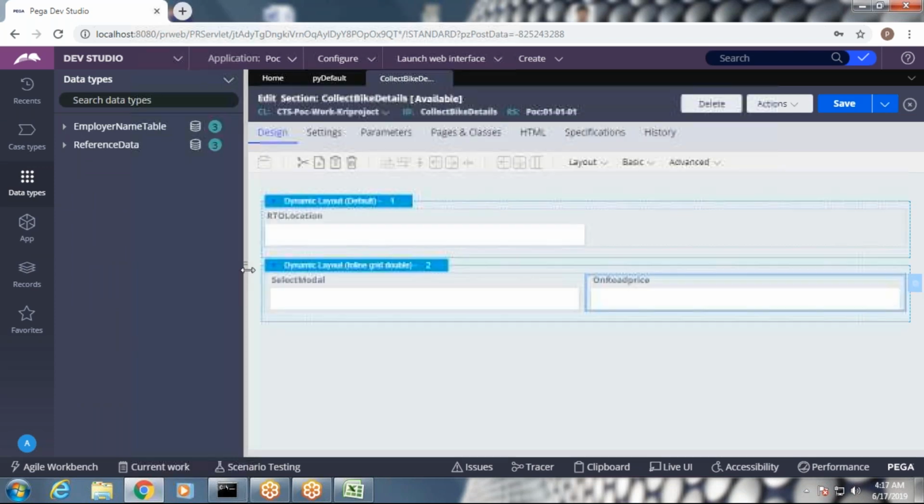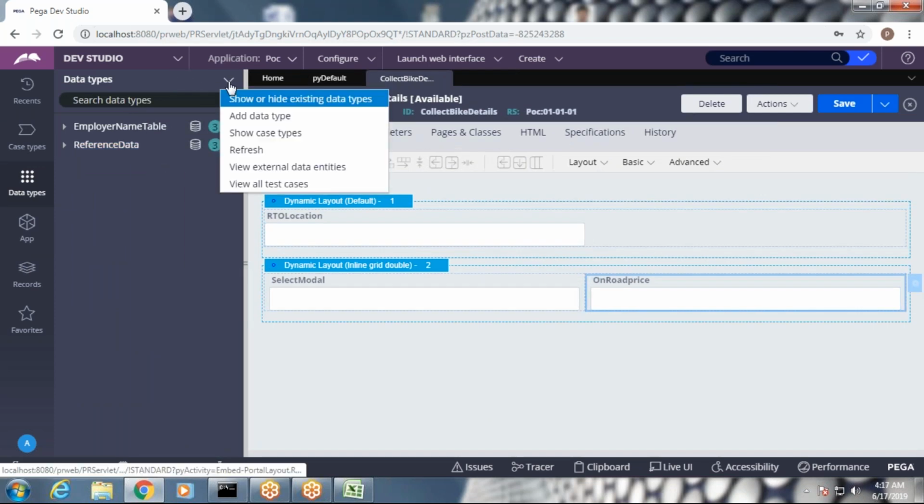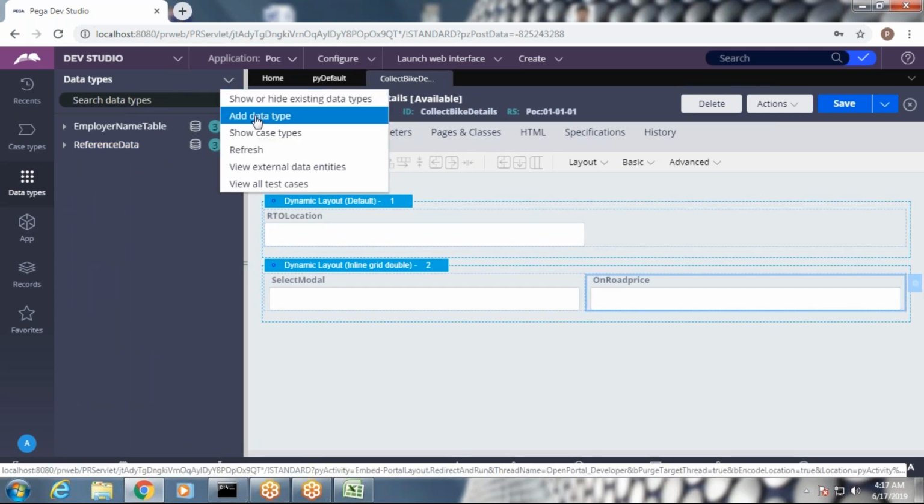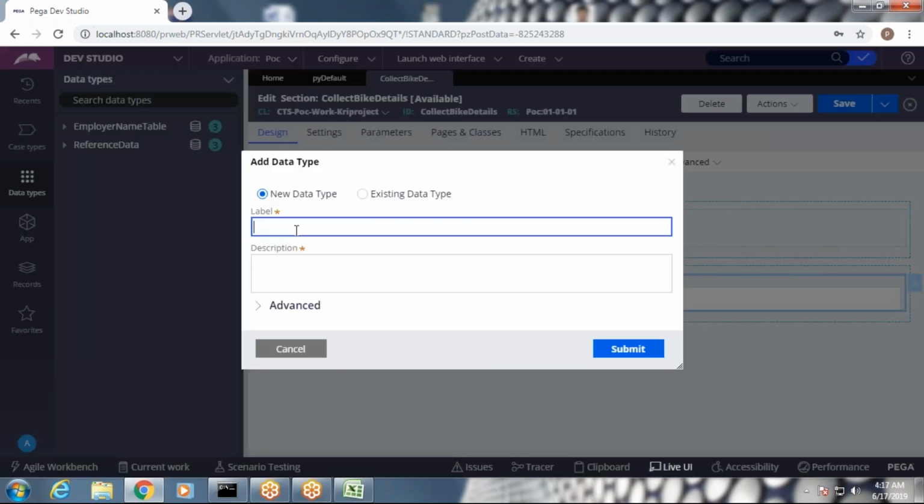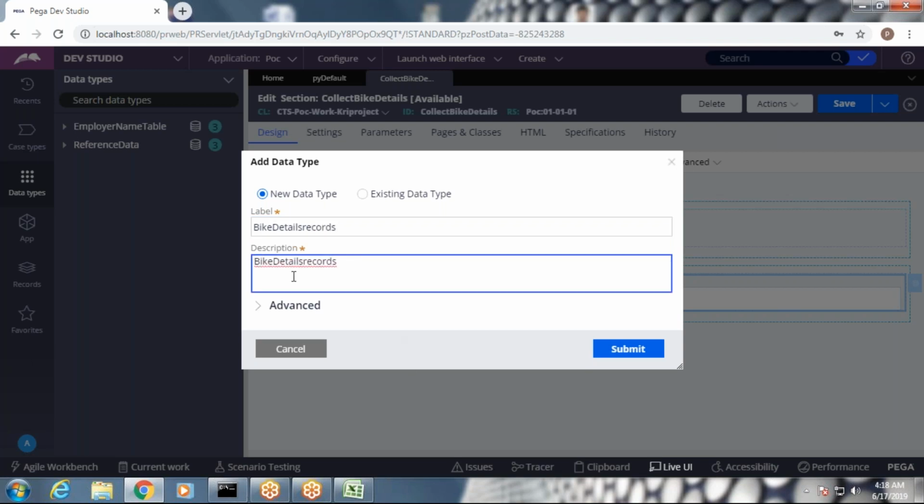Yes, this one is a data table. Go to data table, create, add data type, something like bike details table or bike details record. So this is the data table and I'm going to create it.